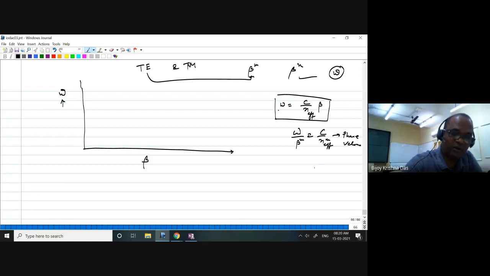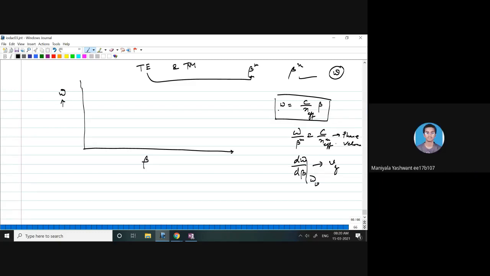Normally this is phase velocity, and group velocity is d omega by d beta. That is actually Vg, the group velocity. So around any particular omega naught, if you just get the slope, that slope gives you how the information or data modulated signal propagates. That is group velocity. Any standard book you will also find that. If scope comes, I will also be discussing a bit on that. It's clear, right? Yes, sir.